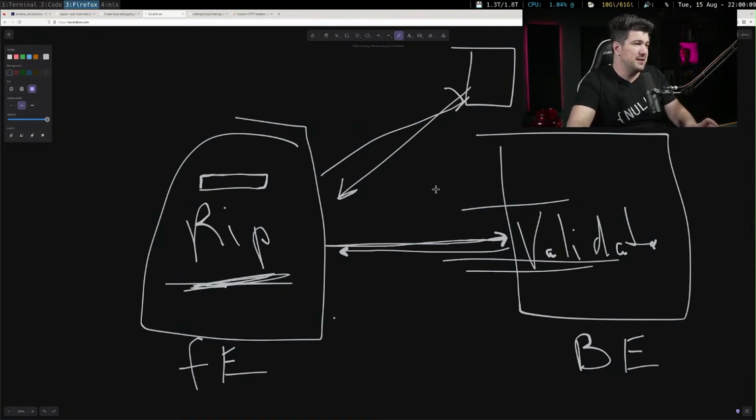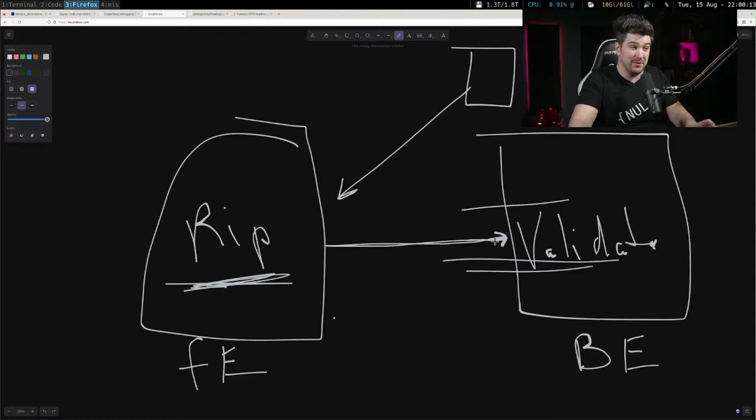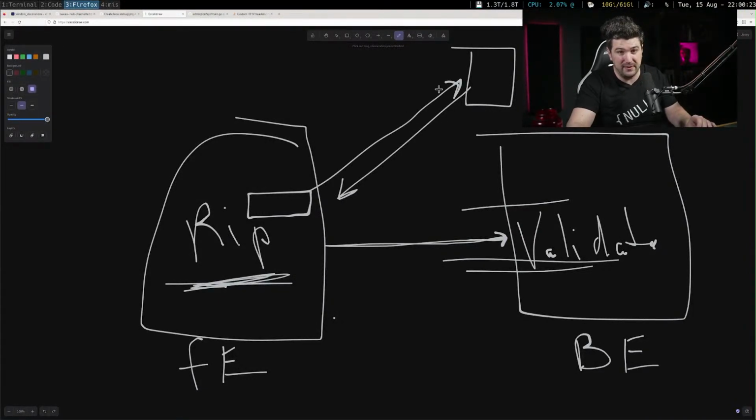My question here is not how do I validate that I hit the right server? It's how do I make sure that people don't get people to make the front end request from a different site? That's what a CORS attack is, right? How can somebody put an input field on your website?